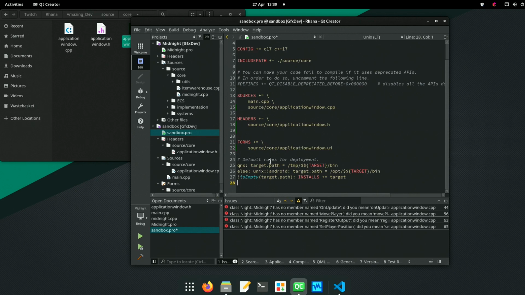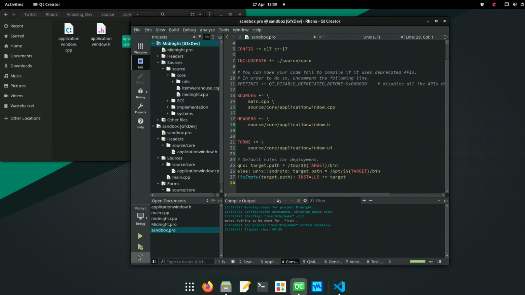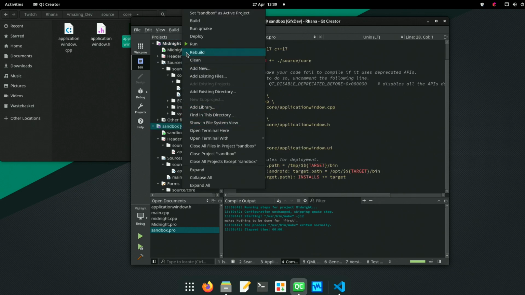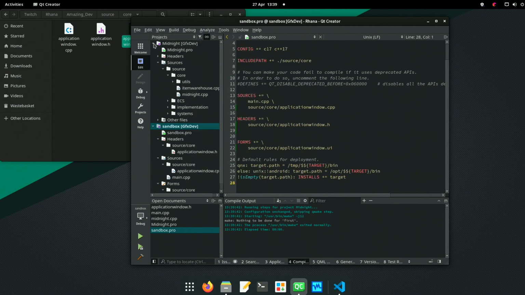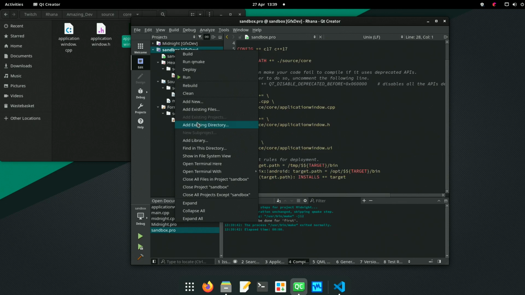Simple enough, isn't it? So, Sandbox Pro. First of all, let's make sure we can do that. Nothing to be done. Okay, so it's perfectly okay. Active project, please. We can close that. And we'll try that again.